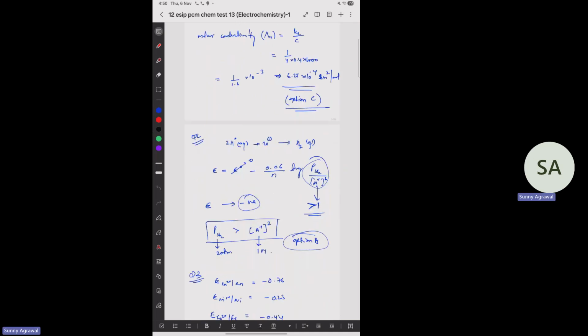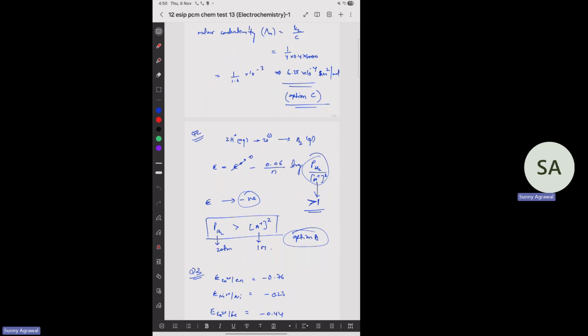Question number 2. The reduction potential of hydrogen half cell will be negative when? So see, reduction potential means what? H plus will go to H2, or there will be reduction of hydrogen. So it will gain electron. H plus will gain electrons and H2 is released at